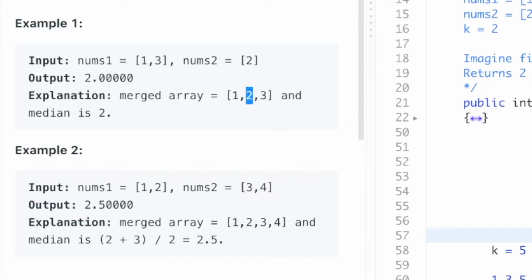And in the case where we have an even length array at the end, after we combine the two sorted arrays, then we would return the average of the two middle elements. In this case, 2 plus 3 would be 5, divided by 2 is 2.5. Okay, so